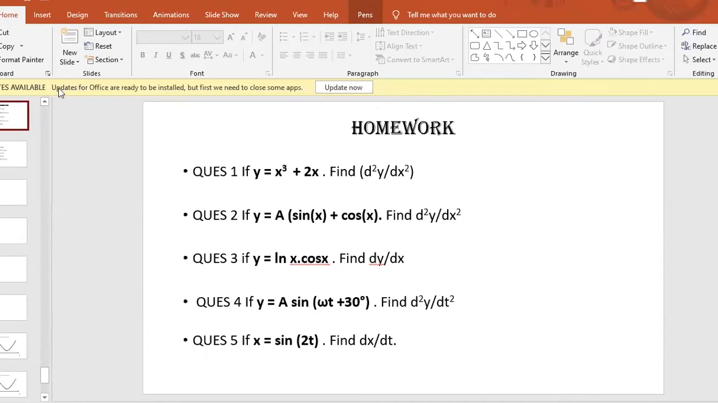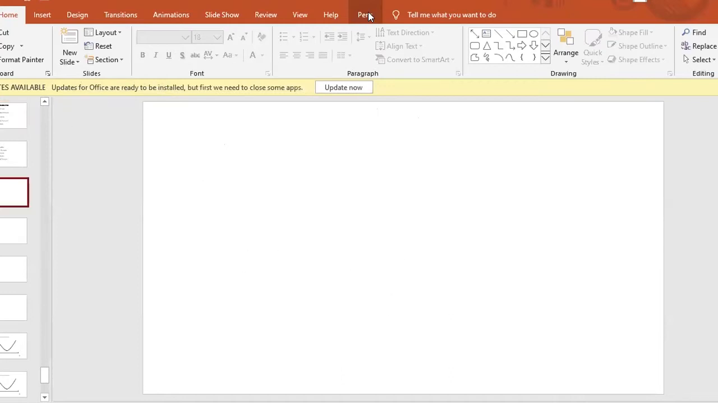Fine. So first problem, that y is equal to x cube plus 2x. We need to find what? d square y by dx square. So the first question was